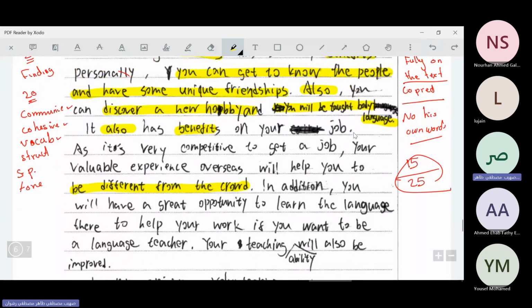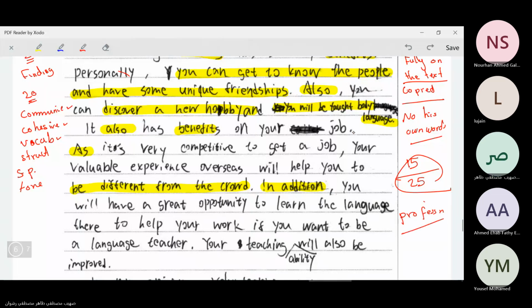What cohesive devices did the student use here? He used also, he used as, he used in addition. Okay, you will have a great opportunity to learn language there to help you work. Where did you find points about the professional benefits? Most of the points mentioned here are related to the